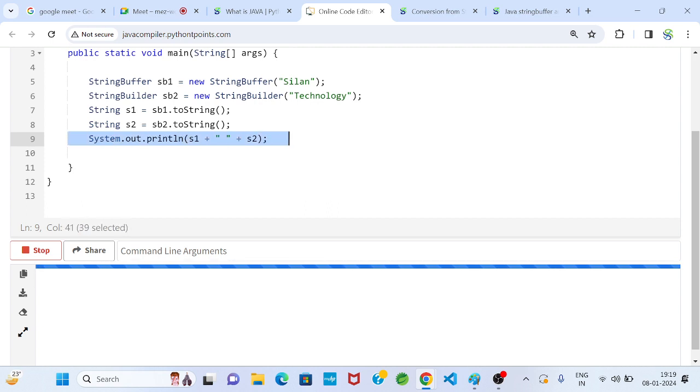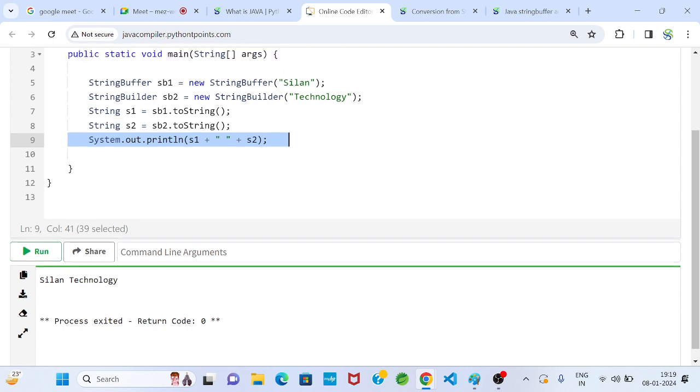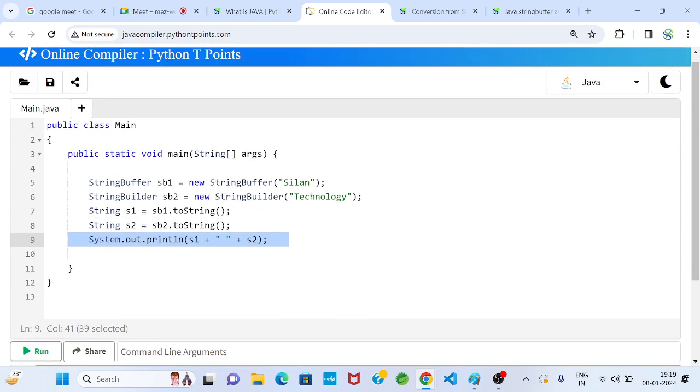Based on this output statement, we will get the output. Okay, so this is all about conversion from string to string buffer and string builder, and the conversion of string buffer and string builder to